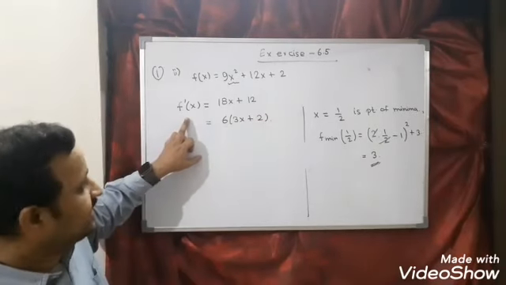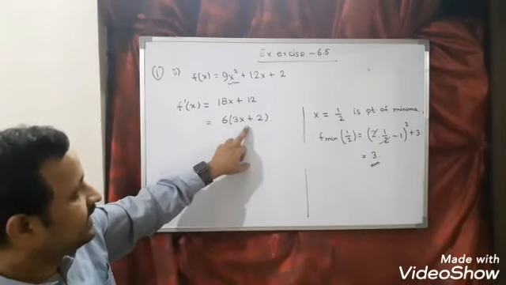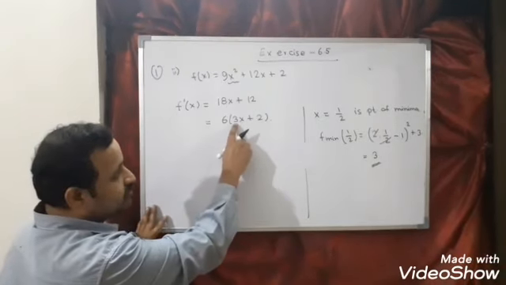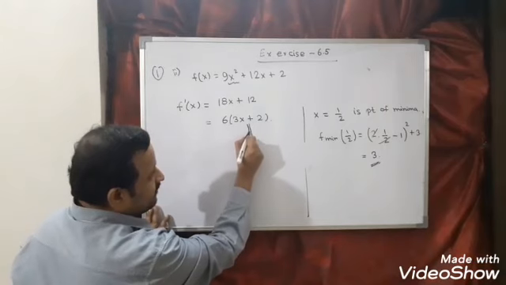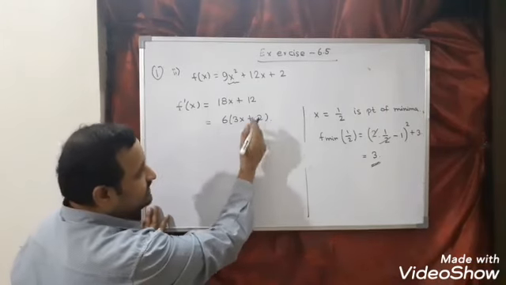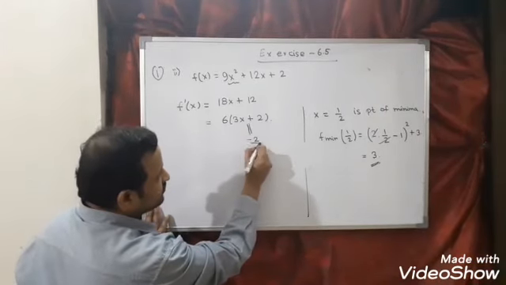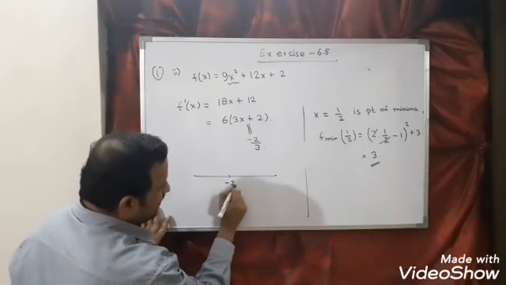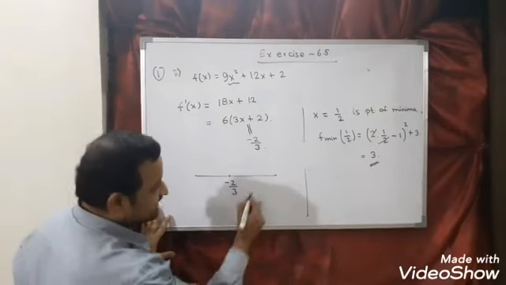So the first step is find f dash x. Break it into linear factors. The coefficient of x should be positive. Critical point: for what value will this term become 0? I think it is minus 2 by 3. Next step, plot all the critical points on the number line in increasing order.